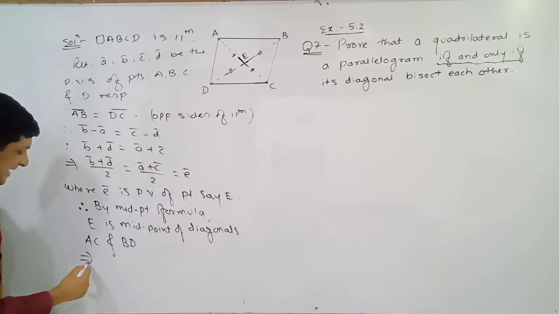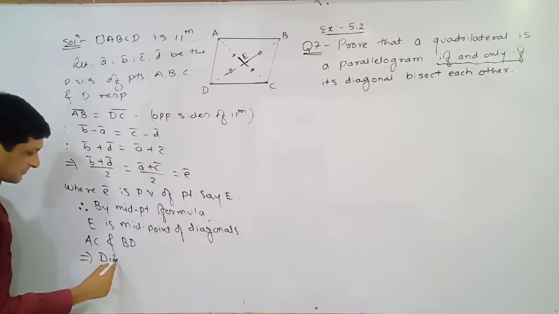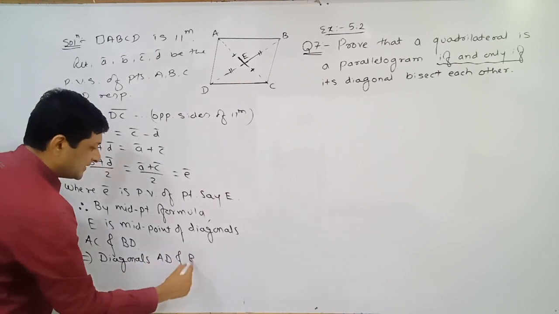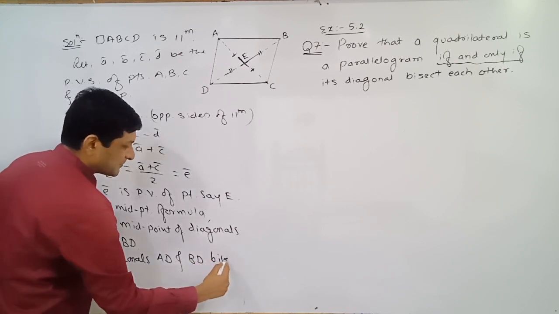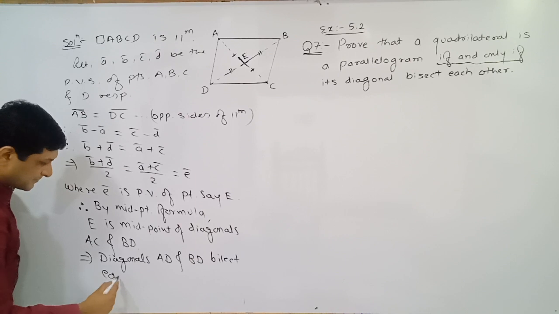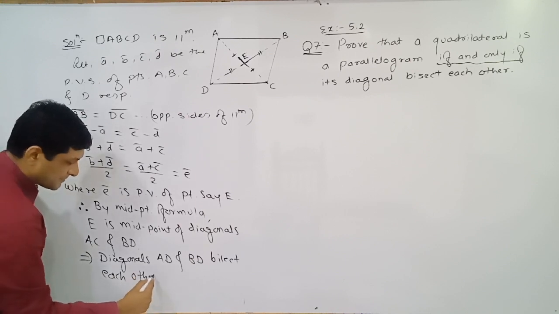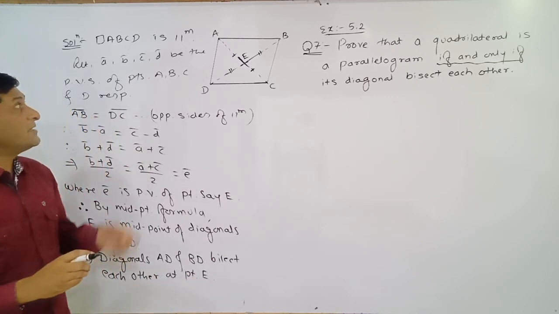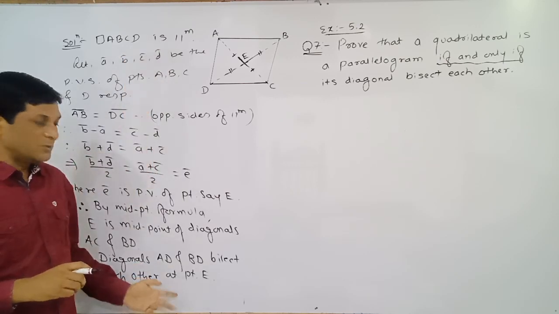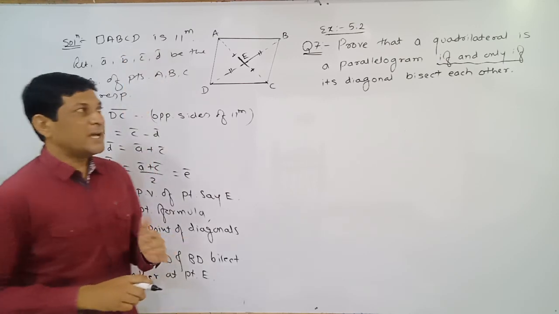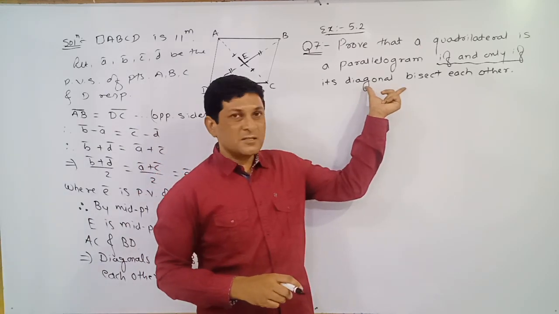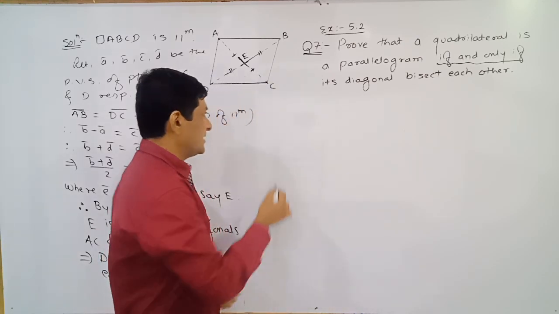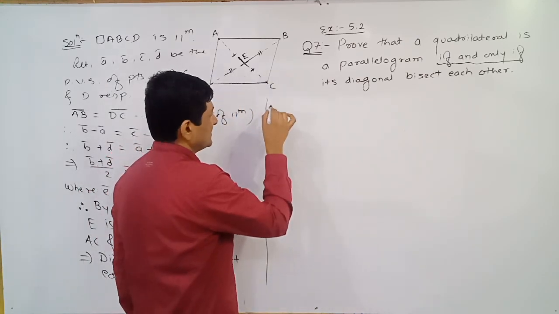So this implies that the diagonals AC and BD bisect each other at point E. In this way, considering that the quadrilateral is a parallelogram, we have proved that the diagonals bisect each other. Now we consider the second part. In a quadrilateral, if the diagonals bisect each other, then we are going to prove that the quadrilateral is a parallelogram. So now, conversely, suppose that